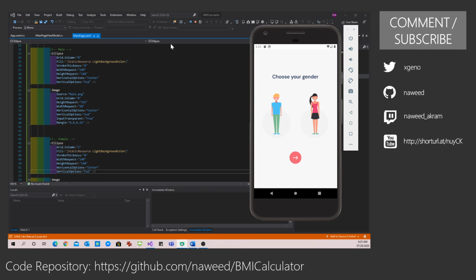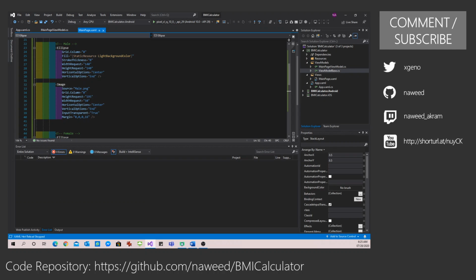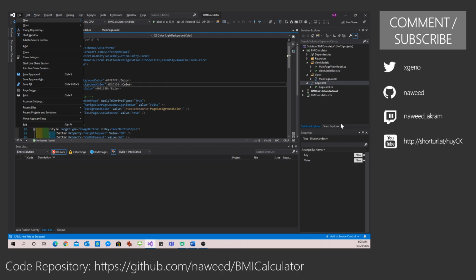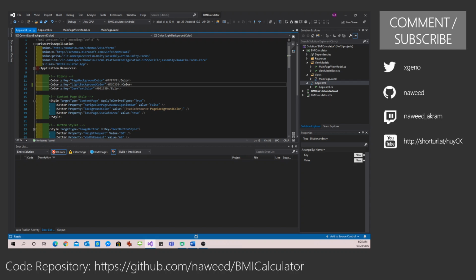So this is how it looks. Now you will notice that the shape is very light over here. It's hardly visible. So let me go and make this color a little bit darker. So let's start with say D3, D3, D3. Let's see if this will look nicer.